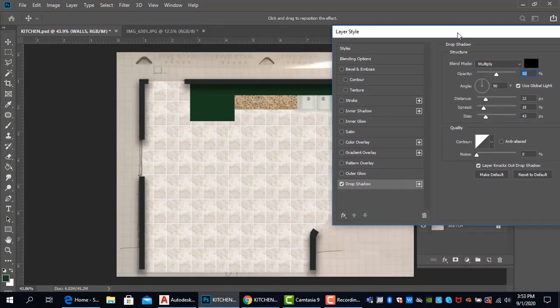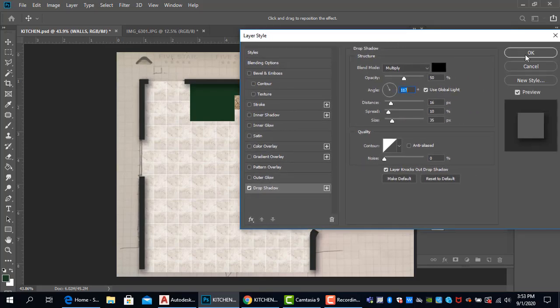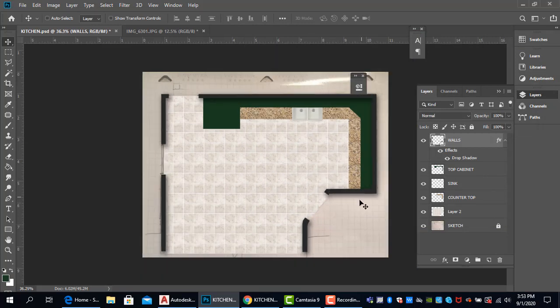So notice here, just with going into drop shadow on that layer, and then you can play around with the distance you want, how far you want that shadow to go, or how much spread you want. Scale that. Also, you can look into the angle of that shadow. So play around with that, and what that's going to give you, it's going to make it a little more interesting. It's going to give it like a 3D feel to it. So press OK. Notice now